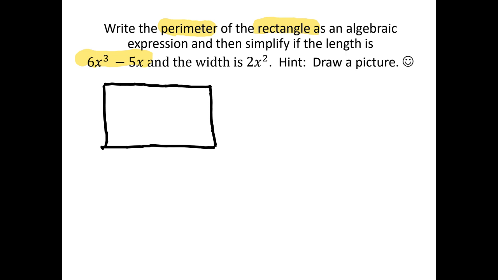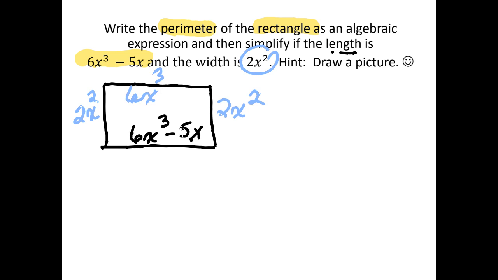Now, the length is here. This is 6x cubed minus 5x. This 2x squared is this side. But don't forget, perimeter means add all sides,